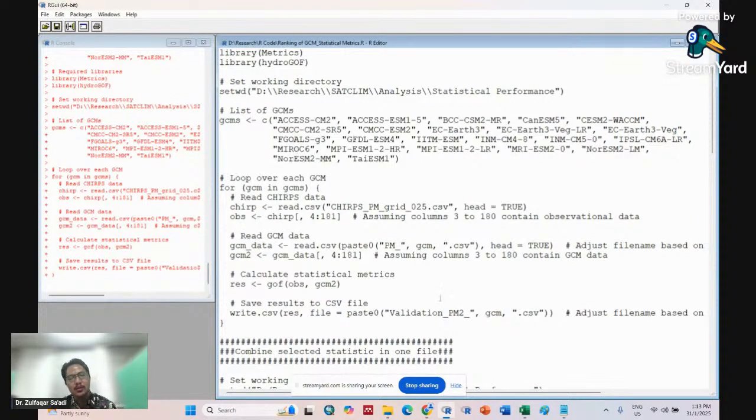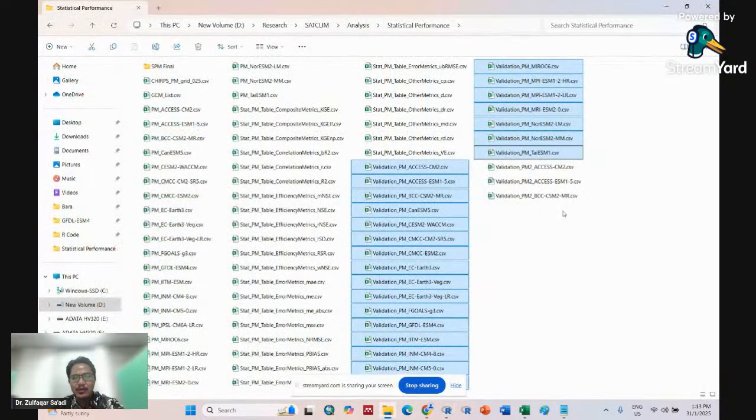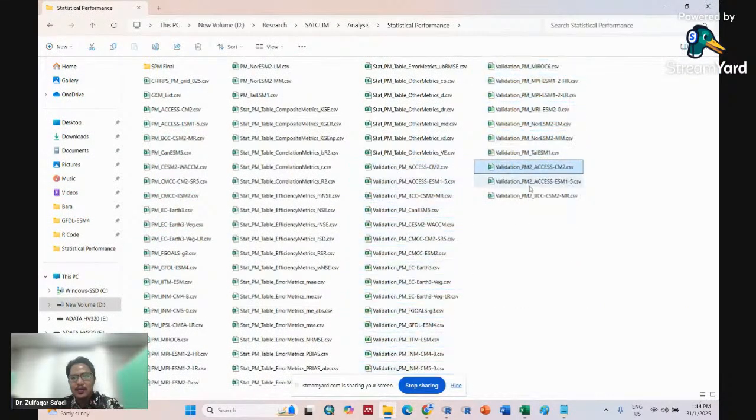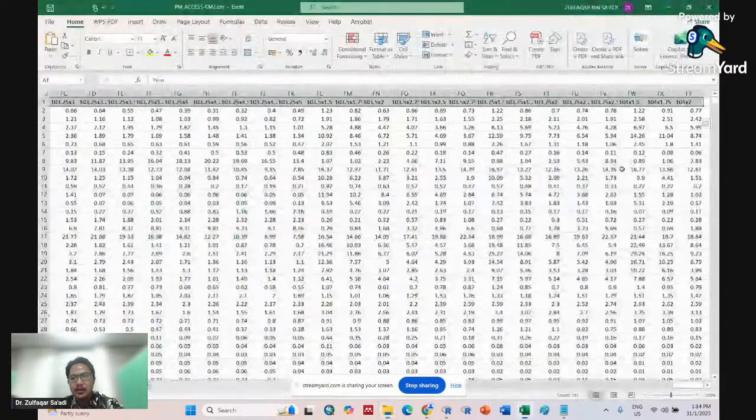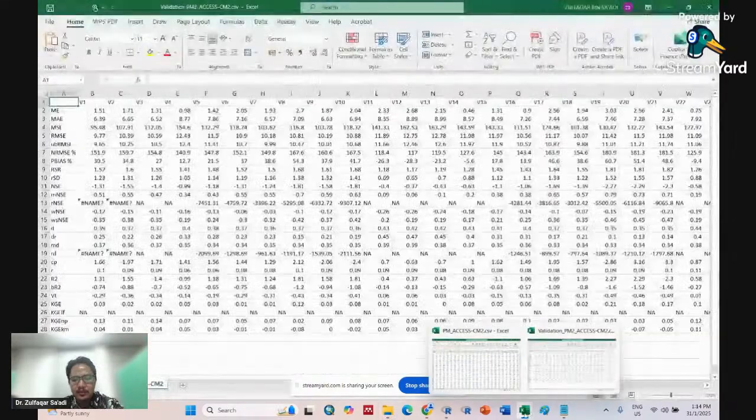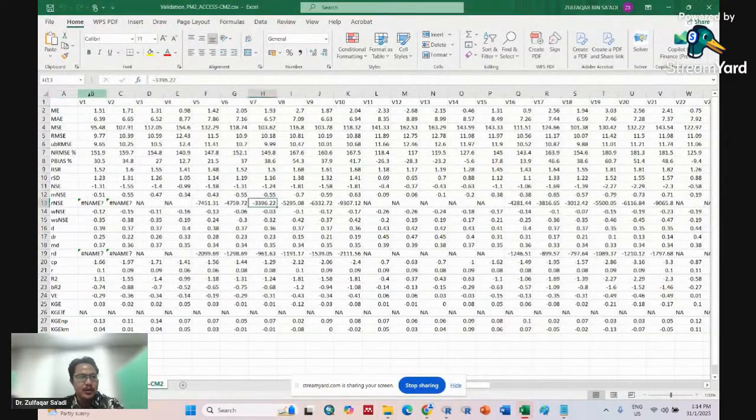It's better to calculate all the metrics because the GOF function keeps updating. So the number of the matrix keeps increasing, so that later on we can adjust which metric we want to collect, because the columns will be different as they keep updating this function. You see it's already calculating three of these. We can open this result,